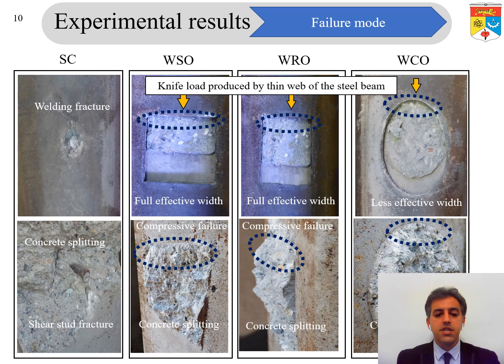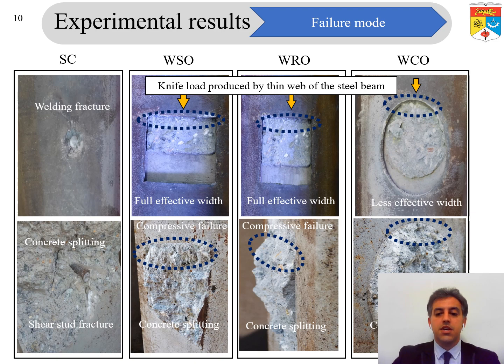The experimental results for the shear stud connector show failure of the connector itself and concrete splitting failure, which reduce the shear strength of this type of connector. Whereas web opening connectors failed due to the knife load produced by the thin web of the steel beam. The compressive failure of the concrete top is recorded as the main failure, where it split through the openings by